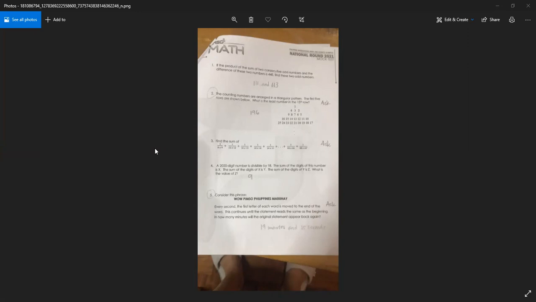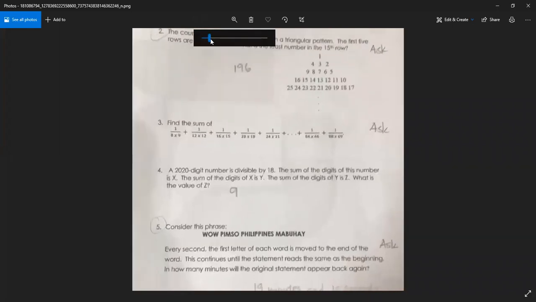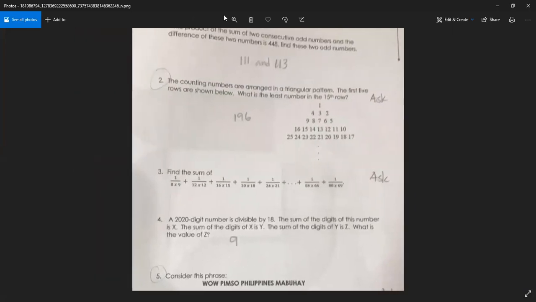Why is the answer 197? Your answer is 196. Actually, the answer is 197. Why? We're asking for the least number, correct? So since we are asked for the least number, the number with the lowest value, the question here is the least number in the 15th row. So if you will notice here,